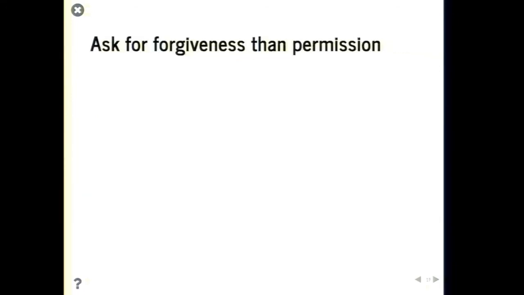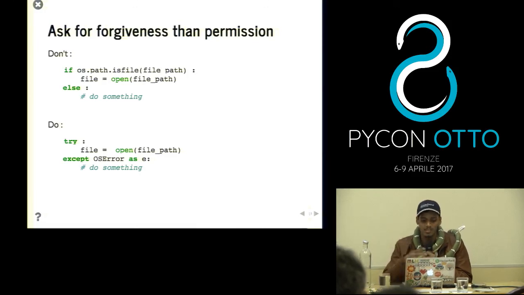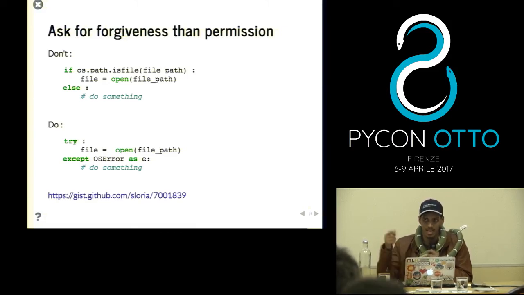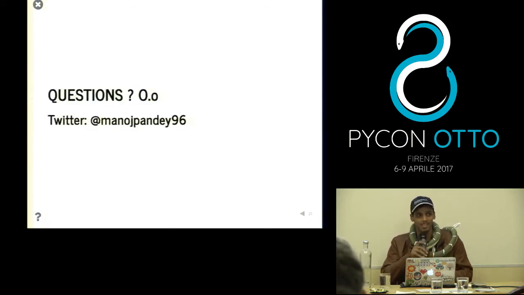Okay. So in Python, it's really good advice to ask for forgiveness rather than permission. Don't try to use a lot of for loops, if else, just do it. And if it doesn't work, you can always expect some error. That's more of a Pythonic way. So the first one is not actually advisable, but the second one is correct. It's just a small piece of advice, and there's a link to a really nice small documentation, one of the best guides about writing more Pythonic code. So you can have a look. I'll give you the link to the slides as well. So, thank you. That's it.